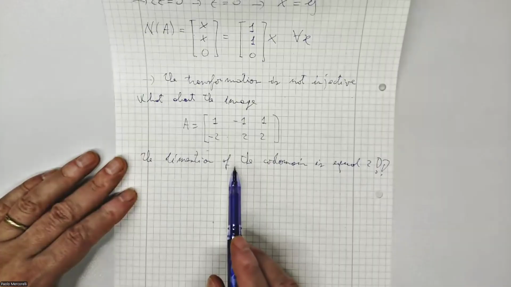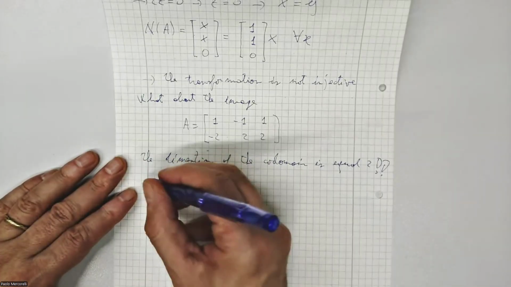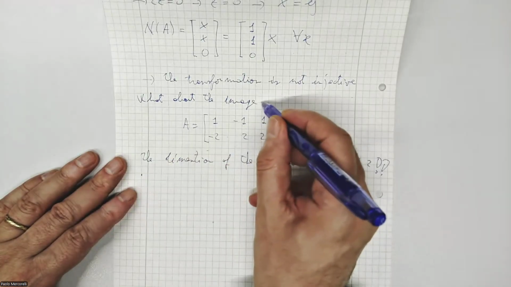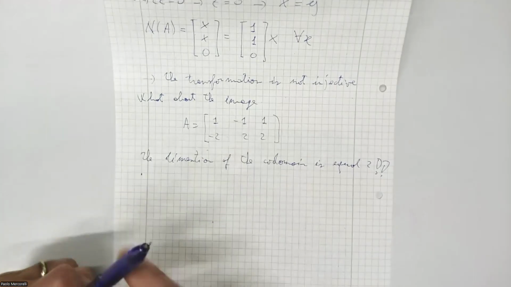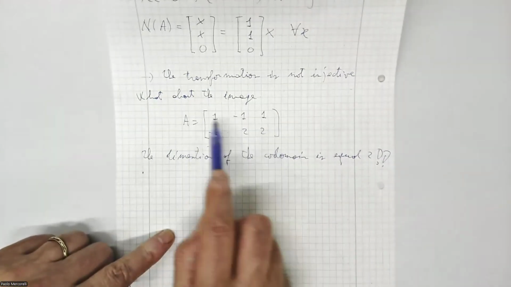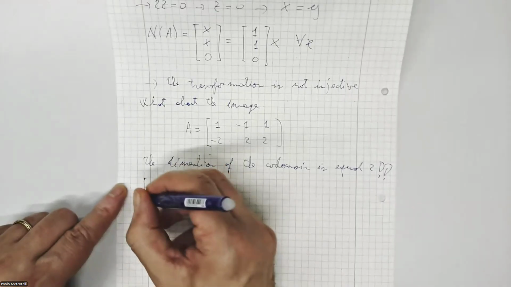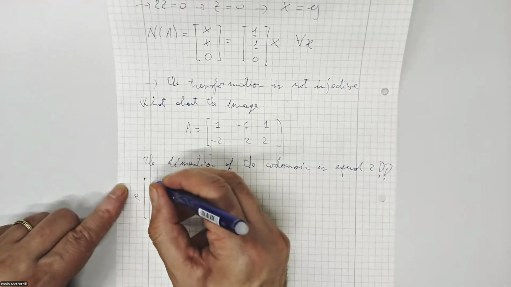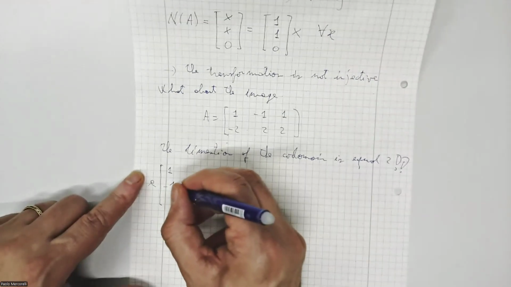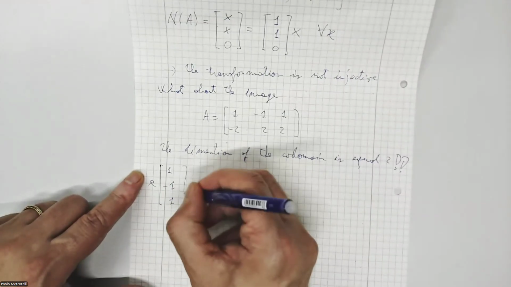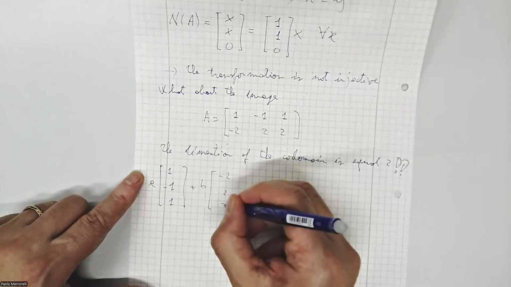Now, what about the dimension of the image? This is the question. I have to look how many independent rows I have. No? This means I can apply a, which multiply minus 1, minus 1, 1, plus, I do formally, no? b times minus 2, 2, 2,